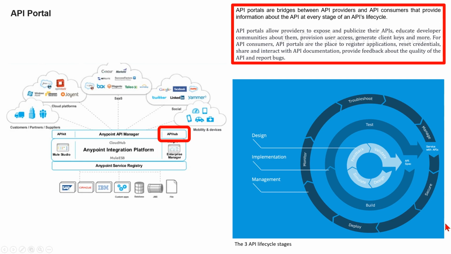Below are the 3 distinct stages of this product-centric life cycle: design, implementation, and management. Design. The first step in the API lifecycle is design. When the API is created,